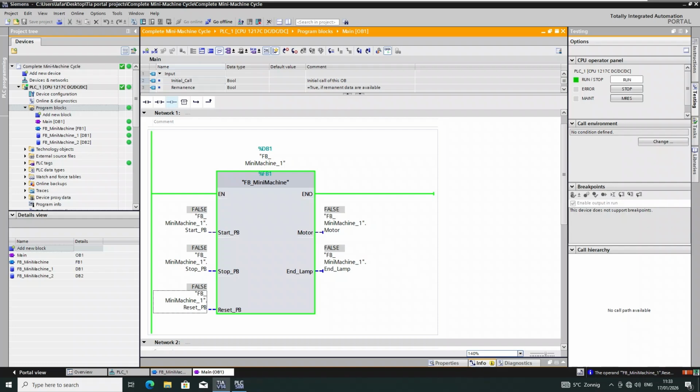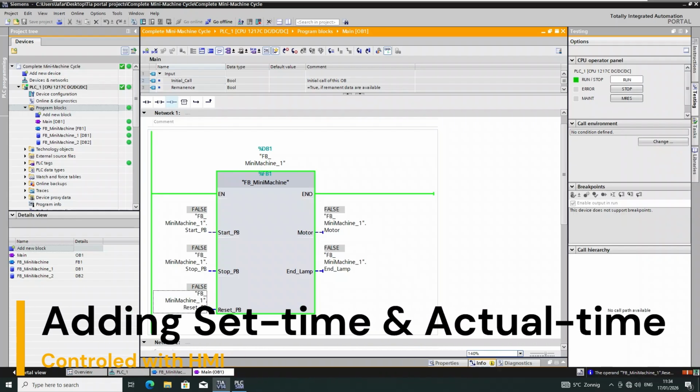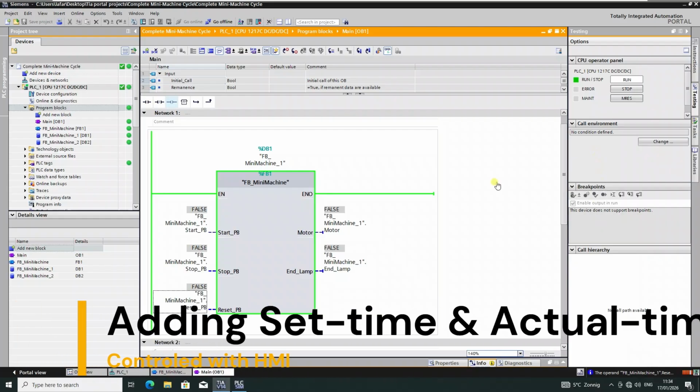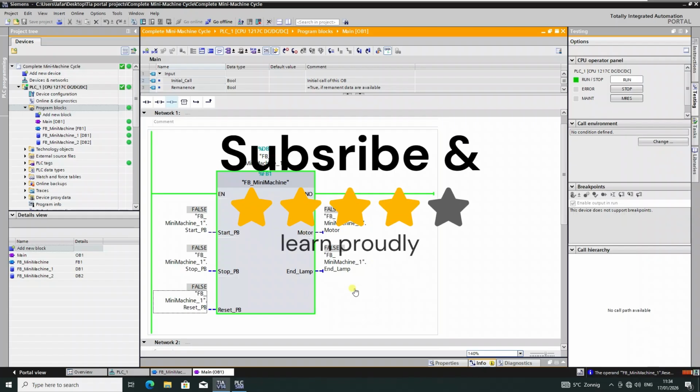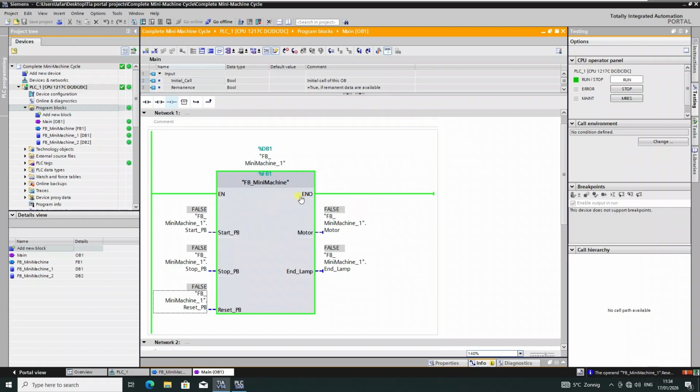This is Jaffer, and in today's video we are going to add two timer tags to our function block. One of them is going to be our input time and the second is going to be the output time. So in the past video we explained and learned how to create this mini machine function block, but